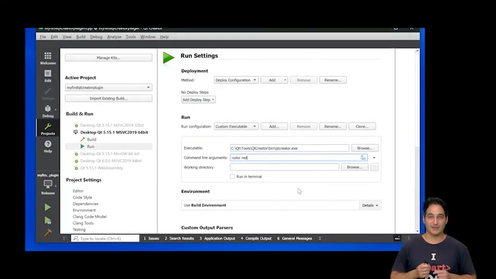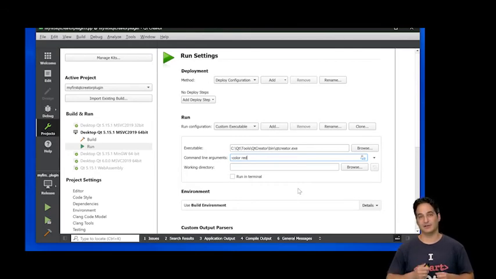If you want to run the plugin, of course, it's a shared library. It doesn't run on its own. You need a host or an executable, and that's, in this case, Qt Creator itself. So you just set the application to qtcreator.exe or whatever OS you have. And as a parameter,